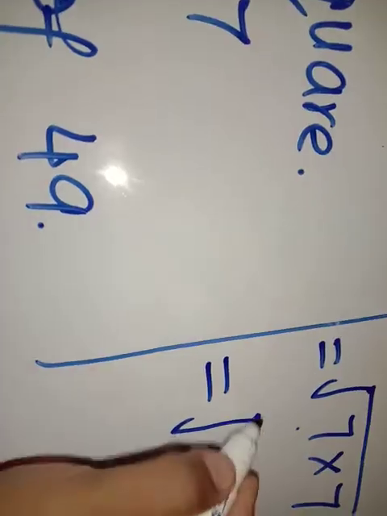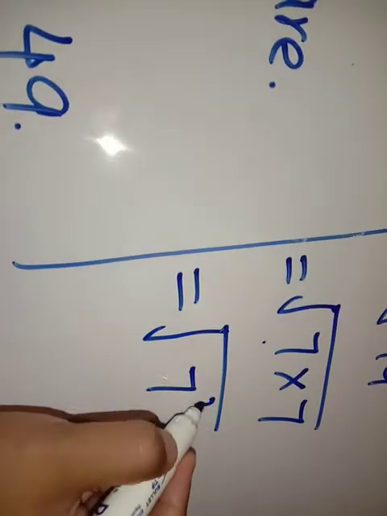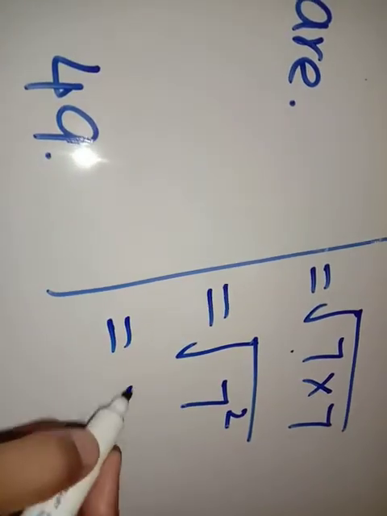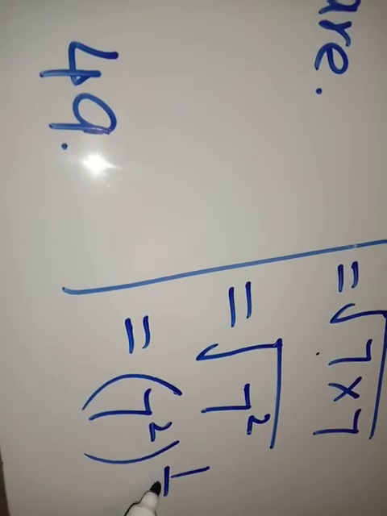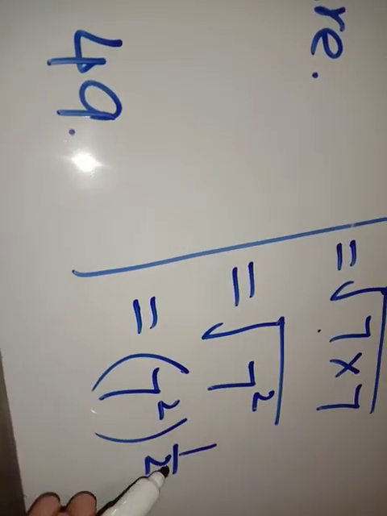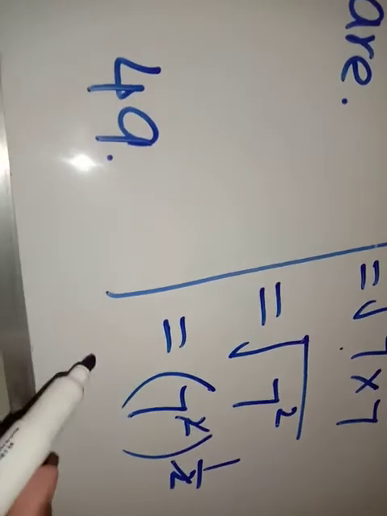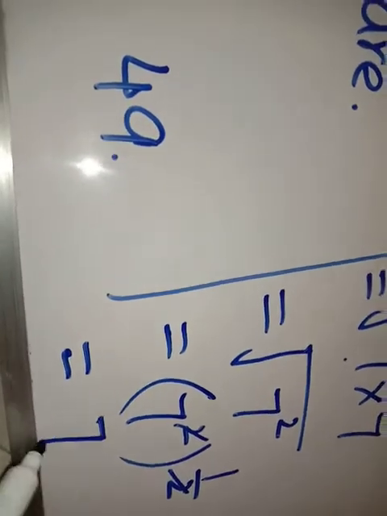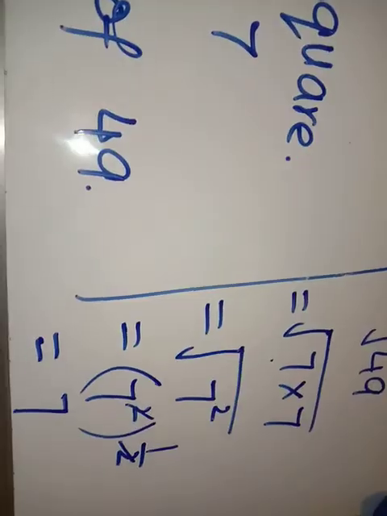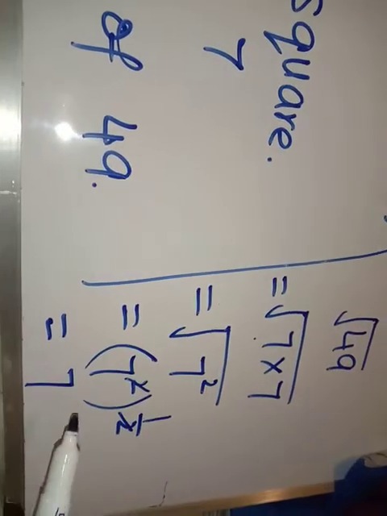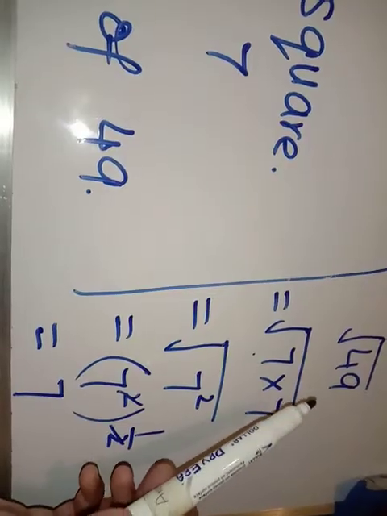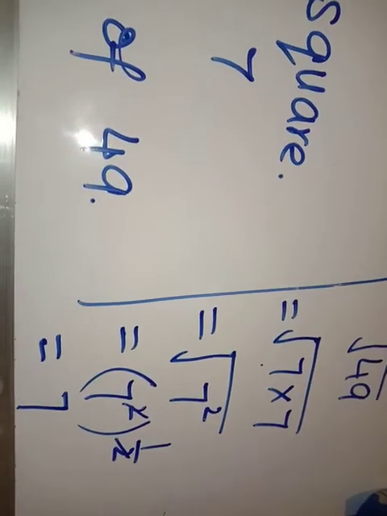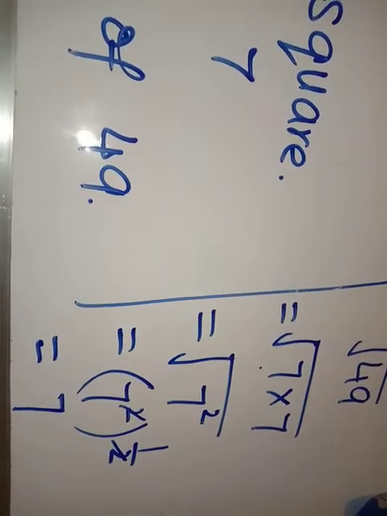It will give us 2 times 7, means 7 squared, and in place of the sign of square root we can write it as 1/2. Alright, 2 cancels with 2, we are left with 7. Understand? So we can say that 7 is the square root of 49. Means by solving the square root of 49 we will get 7 as our square root. Understand?